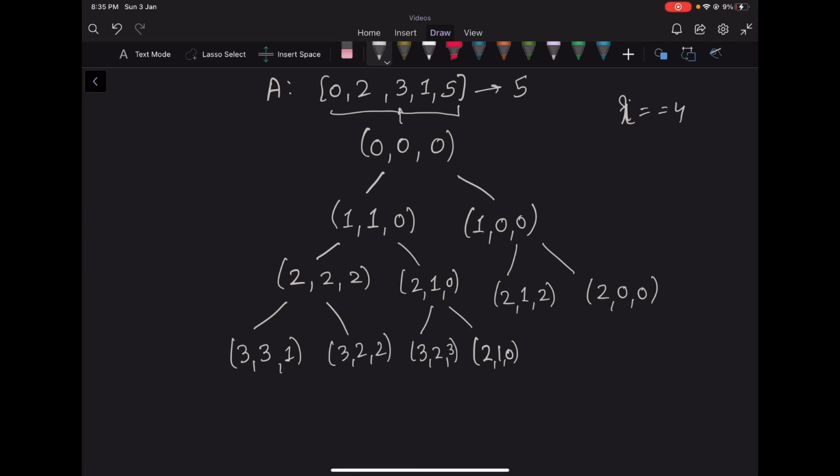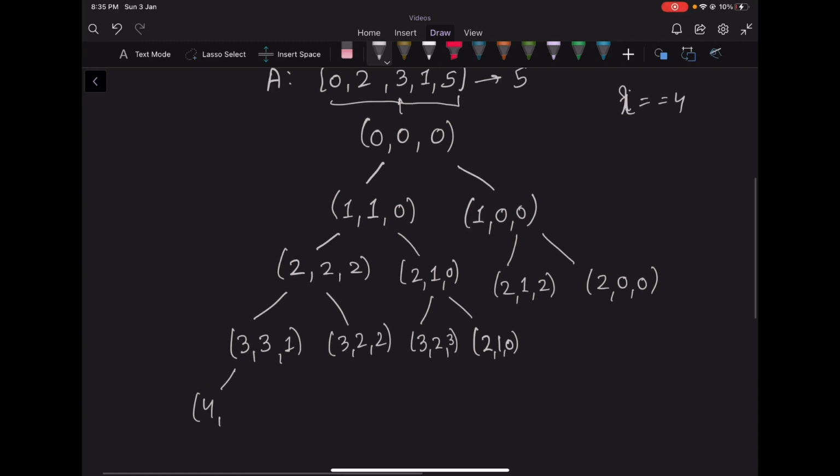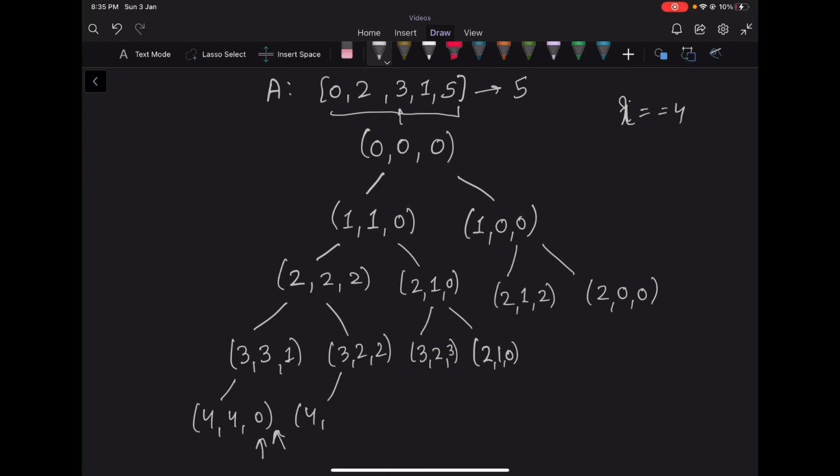So for example, if we expand this branch, we will move to 4th index. Now we have taken 4 elements and XOR will become 0 if we take 1 again. But after that, since we have already taken 4 elements, we cannot take further elements. So we'll update. 0 will be one of our candidate answers. Now for this index, we will move to 4th index. Now the total elements taken will be 3 if we take the next element, which is 1. And XOR will become 3.